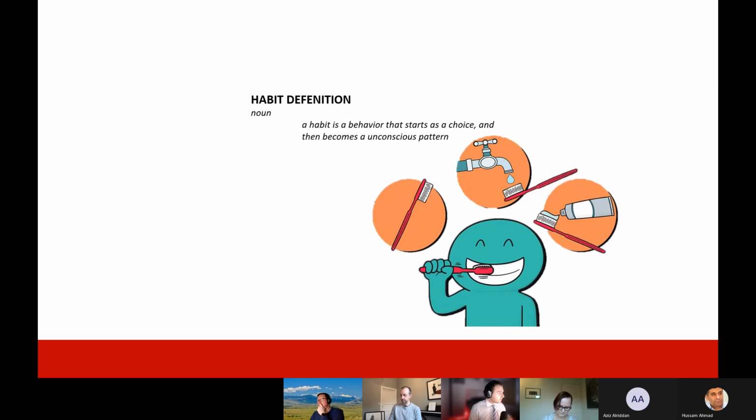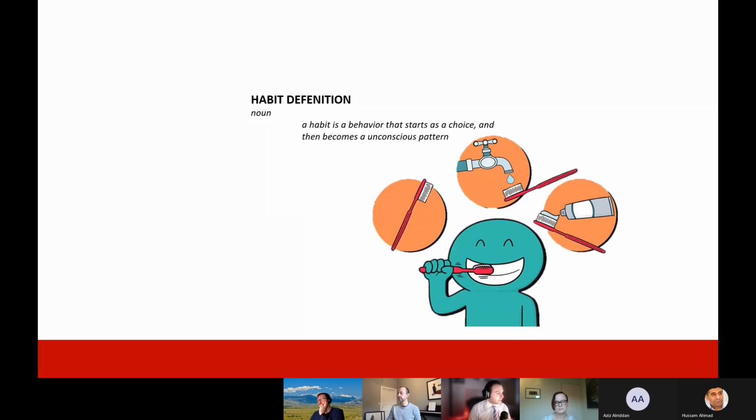A habit is a behavior that starts as a choice and then becomes a constant pattern over time. The picture below demonstrates this well. It's almost the first habit we learn, and that is to brush your teeth.